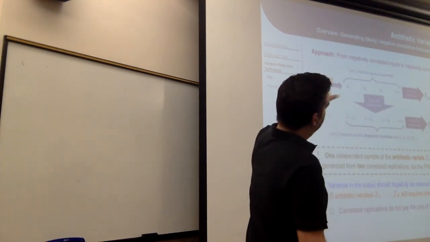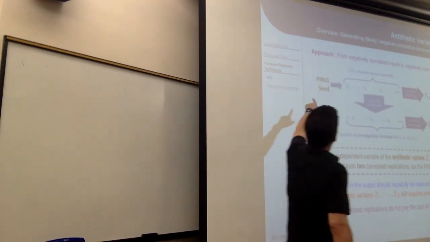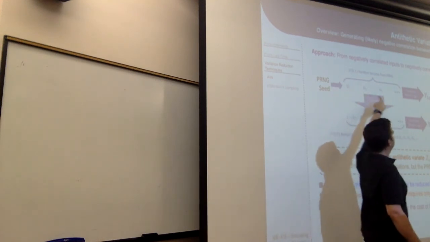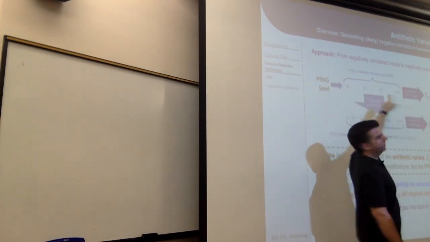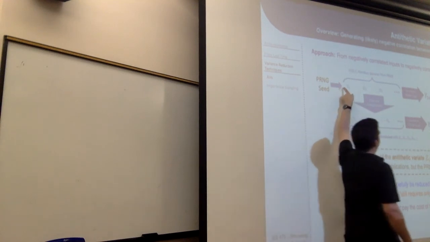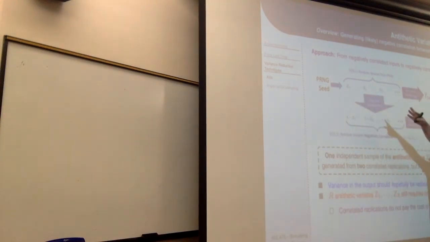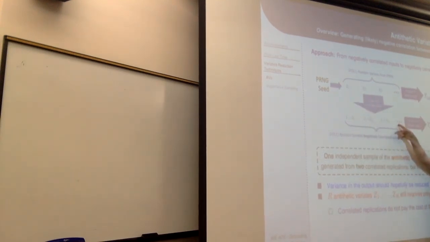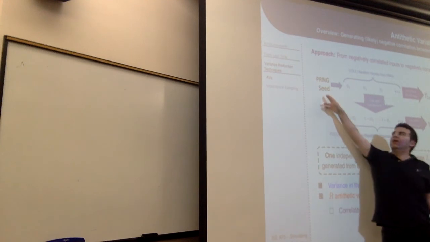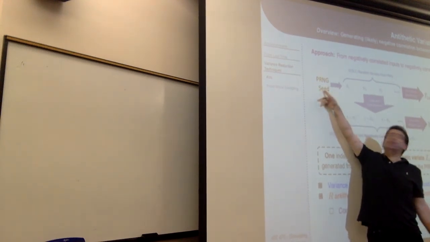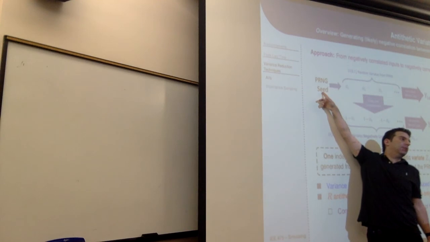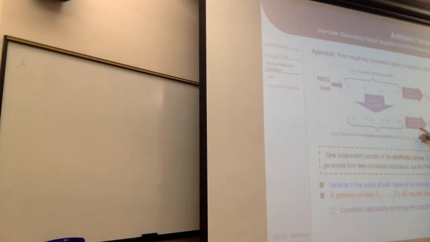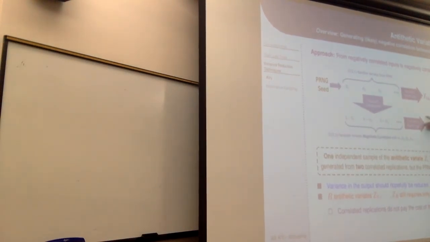So here's an outline of this strategy then. Run your random number seed into one model, or one replication of a model. All the odd numbered replications get the pseudo-random number seeds. Then we run those into the simulation model logic and get one output. Then we take 1 minus those, and we run all of those uniformly distributed random numbers, which did not require running your pseudo-random number generator again, which is good if you have a very costly pseudo-random number generator. And then we run those into the simulation model logic, and you get another output.